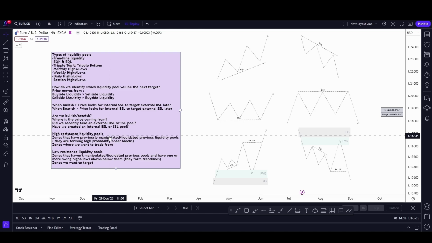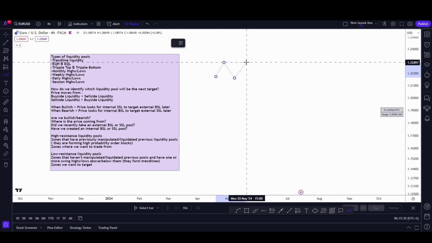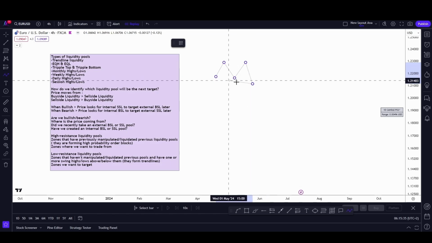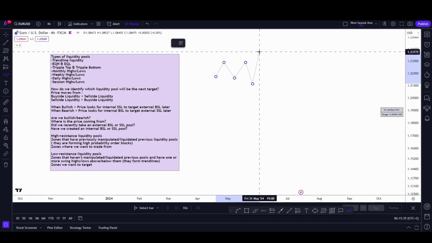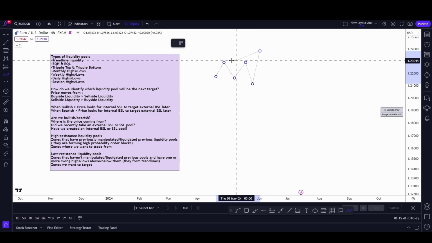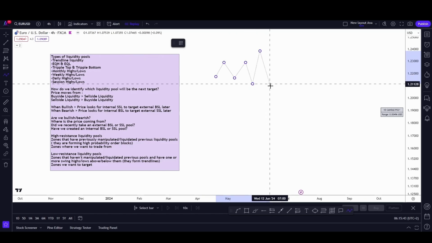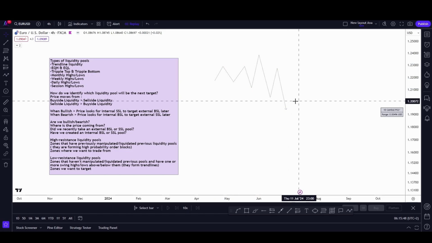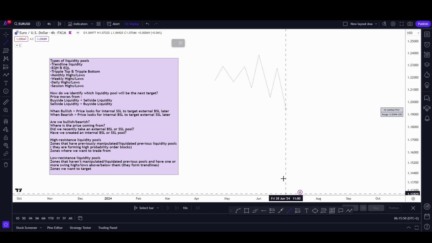And those pools or those zones are the ones that have previously manipulated or liquidated previous liquidity pools. Let's say we have multiple equal highs, and then price breaks down, makes people think that we are breaking structure on the downside, traps people by liquidating these relative equal highs, and then breaks structure and continues lower. So when we see that